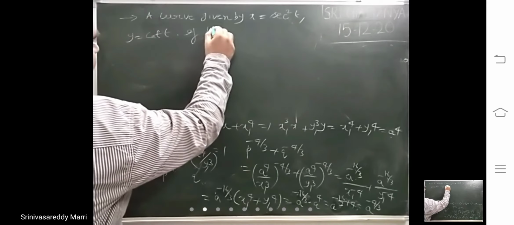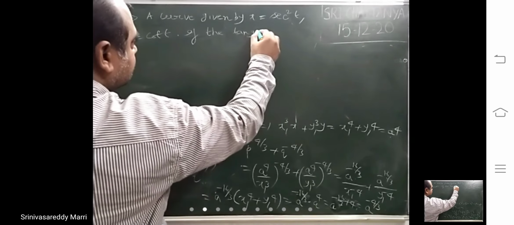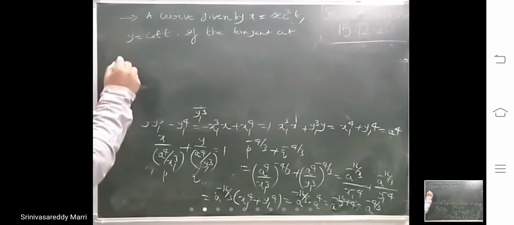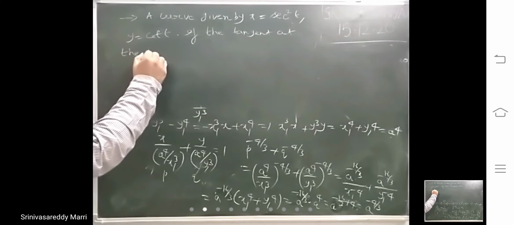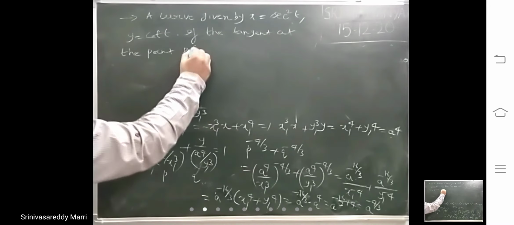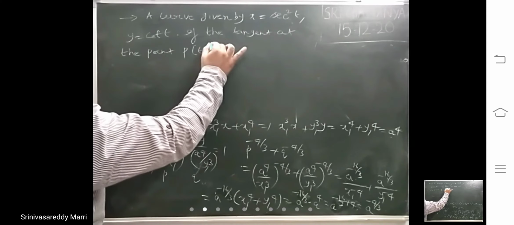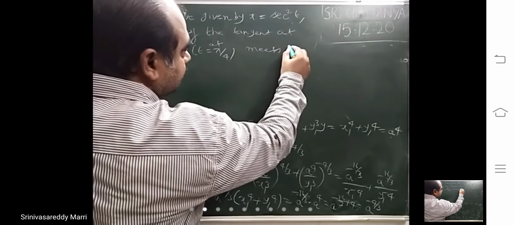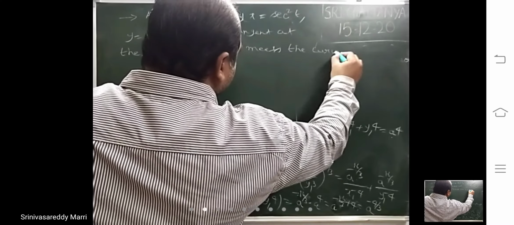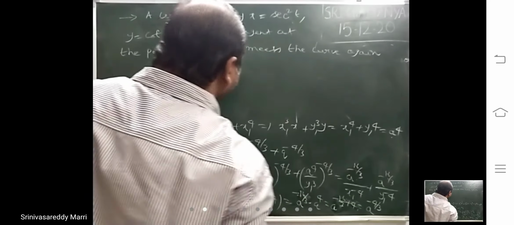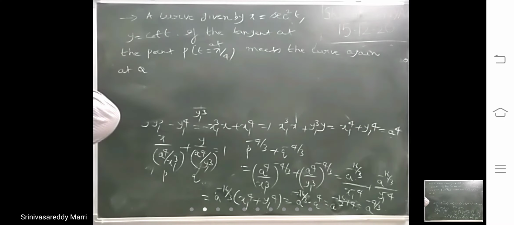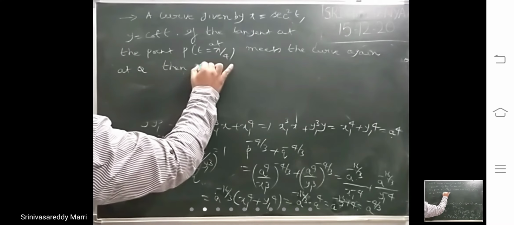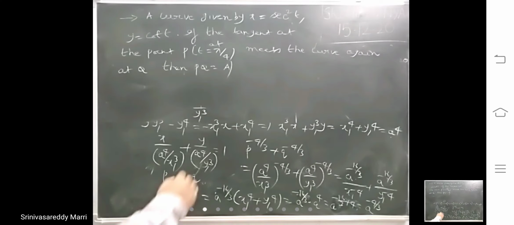If the tangent at the point P, at t equal to pi by 4, meets the curve again at Q, then PQ distance equals to